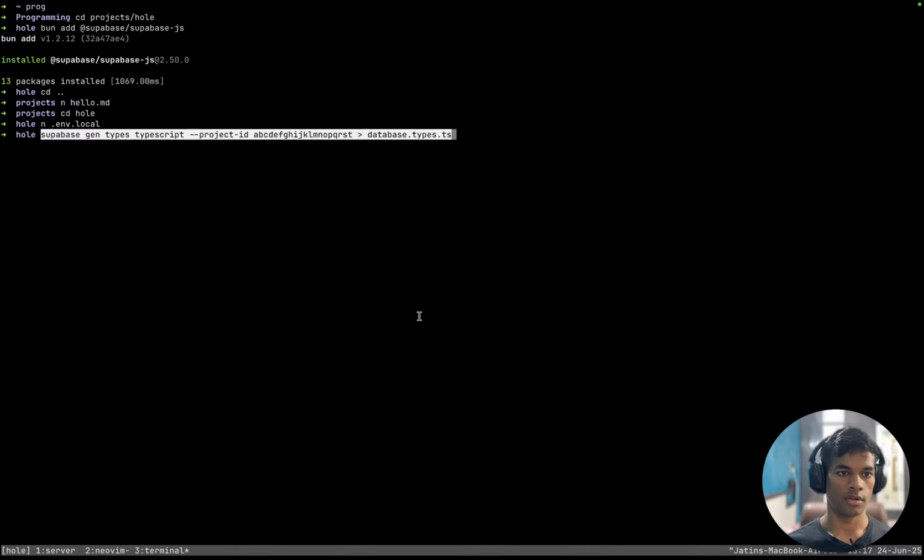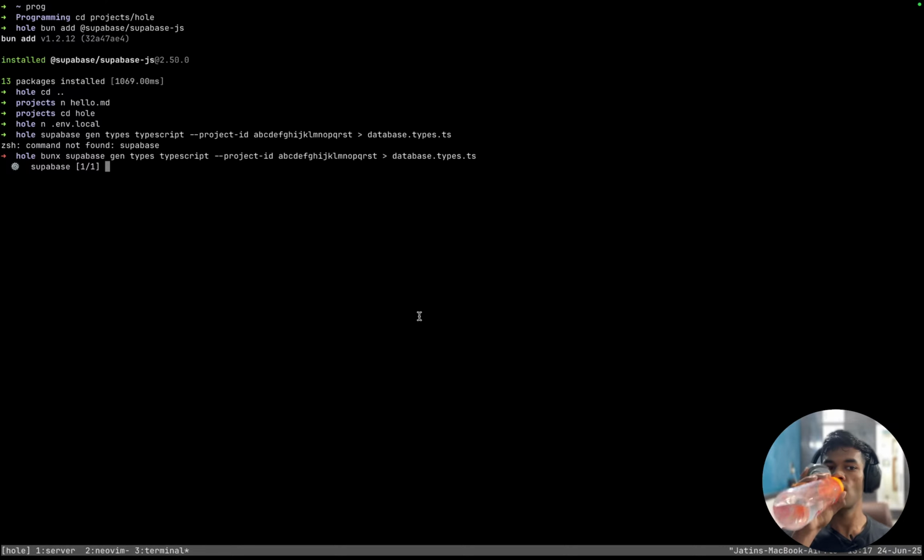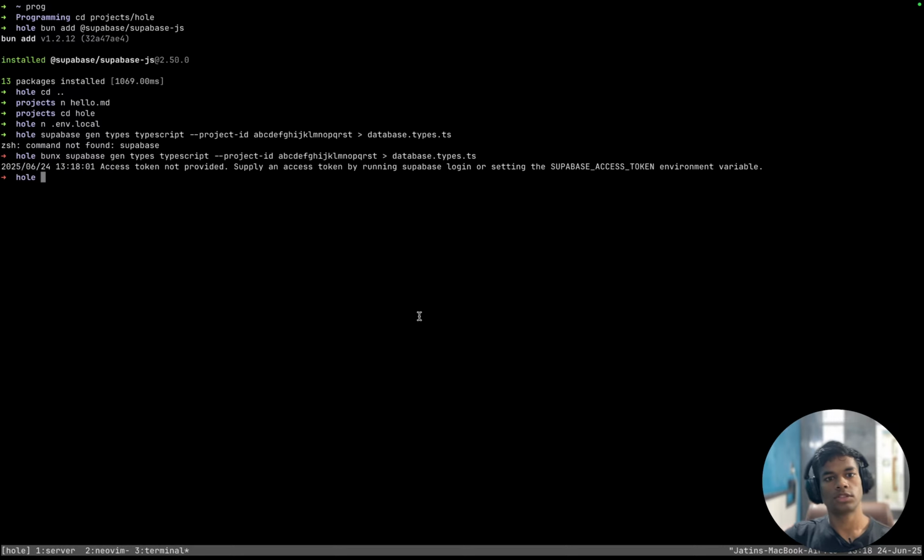supabase gen types typescript into database.types.ts. Cool. Only supabase. Does it work? Yeah. npx and paste. Project ID. I have to give a project ID.